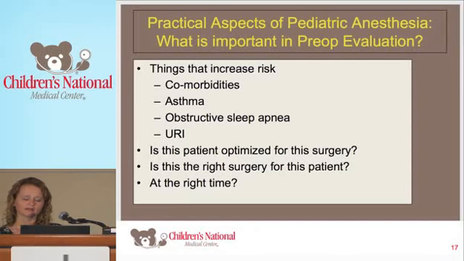If they come in with a URI, the guidelines used to be that you had to be 6 weeks out of a viral infection in order to reduce risk of anesthesia. That was just crazy. I see you all laughing. 6 weeks, right? Because they'll just have another URI. So the recommendations currently, because of new literature that shows the risk declines pretty rapidly at 2 weeks asymptomatic, are that we like you to be about 2 weeks without symptoms, although the reality is if a child comes in with a little runny nose and is close to 2 weeks out or has minor symptoms, we'll usually do them anyway.